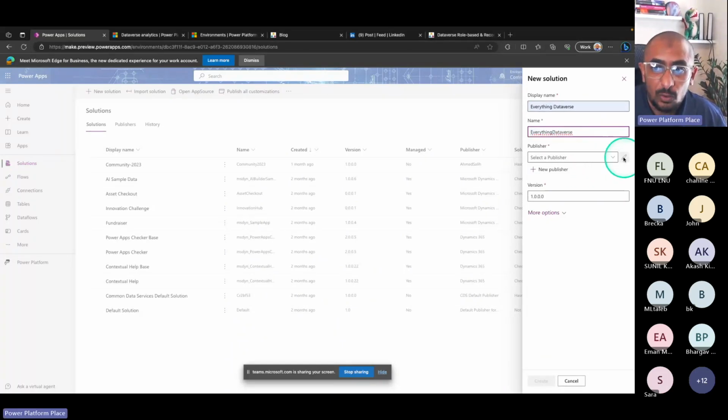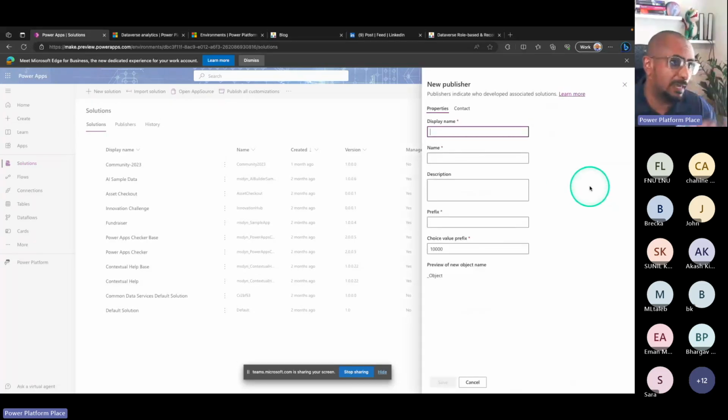Right? Then the publisher. Who is the publisher? Right? So here we have the publisher, which is basically the owner of this solution. If it's a company, for example, you have to give the company. If it's a developer in your organization, that should be that developer. Or if you have a team name, like a team of developers with a name, for example, you have a squad,